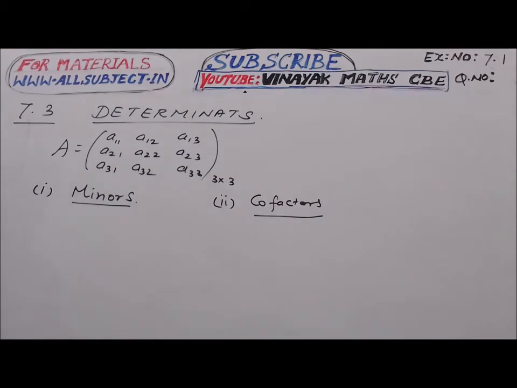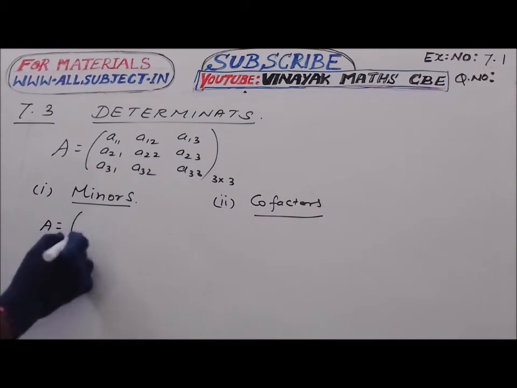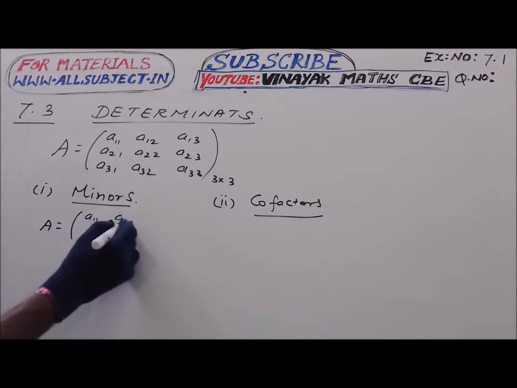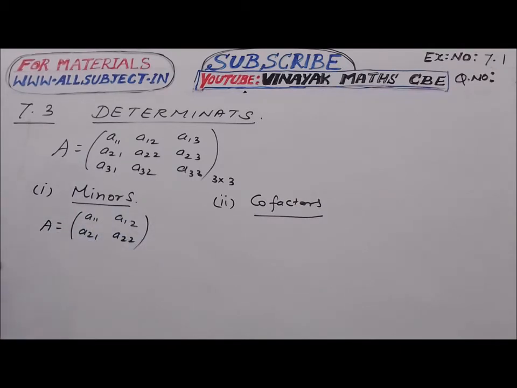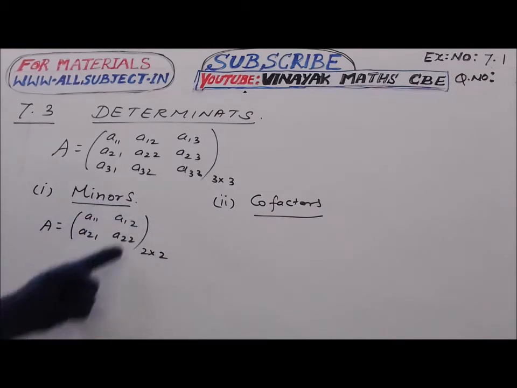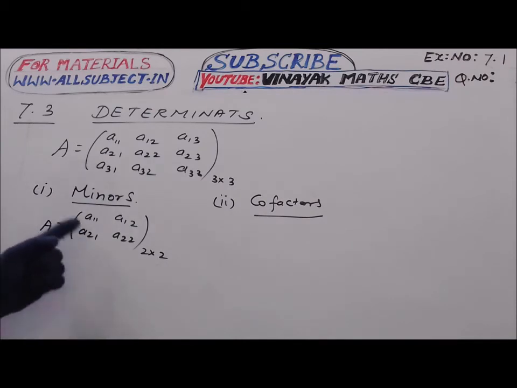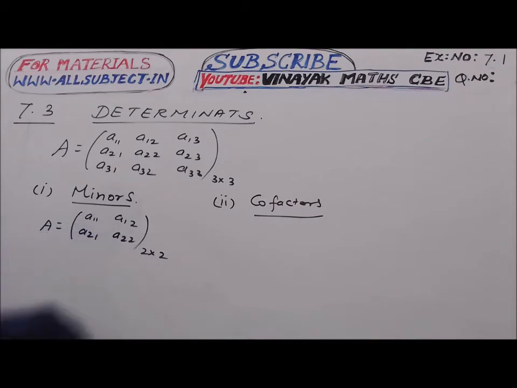What is meant by minor? We can start with the 2 by 2 matrix here. A equal to A11, A12, A21, A22. Now it is of order 2 by 2. Here there are 4 elements present. For every element there is a minor value. How to calculate the minor value of A11? To find the minor of A11,